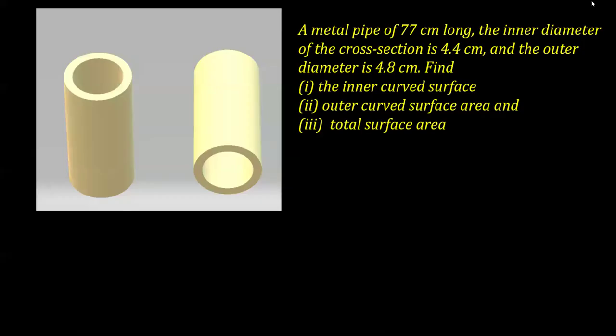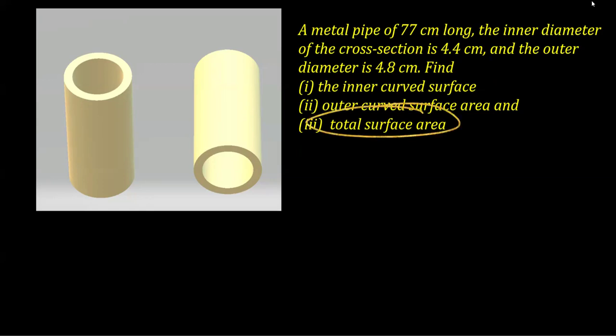We have one question based on chapter mensuration, class 8. It says a pipe which is 77 centimeter long and the inner diameter of the cross section is 4.4 centimeter. The outer diameter is 4.8 centimeter. In the first part, we have to get its inner curved surface area, the outer curved surface area, and finally